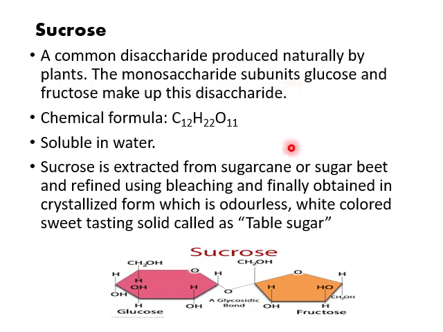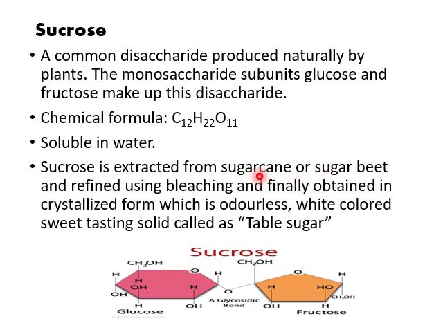The two monosaccharide subunits present in sucrose are glucose and fructose. You can see the structure here. Both of them are joined together by a glycosidic bond, and this sucrose is extracted from many plants like sugarcane,